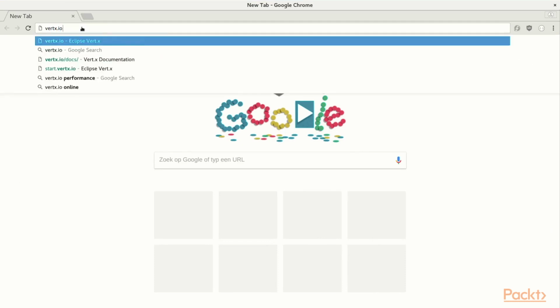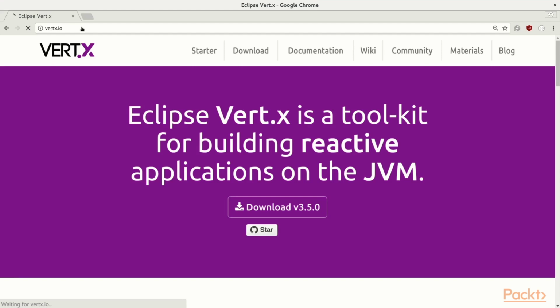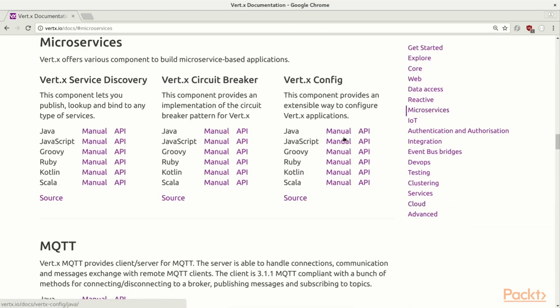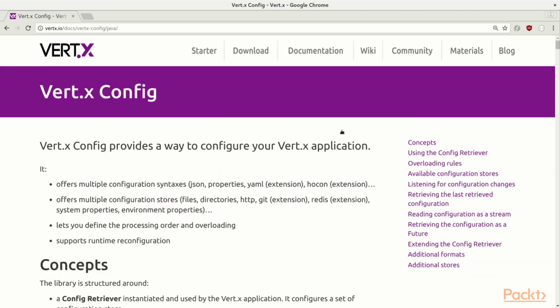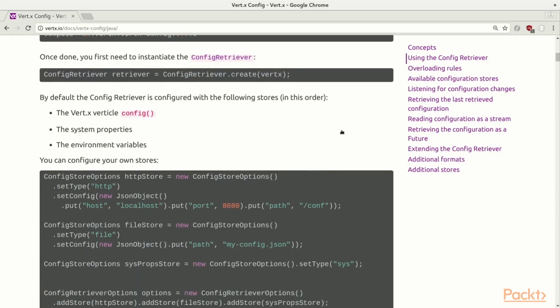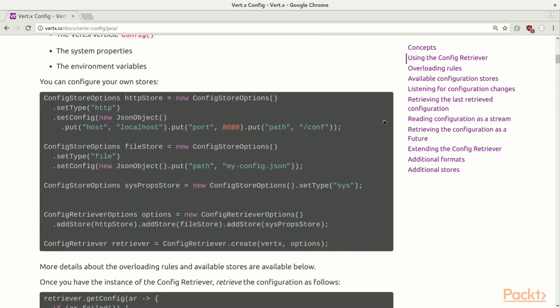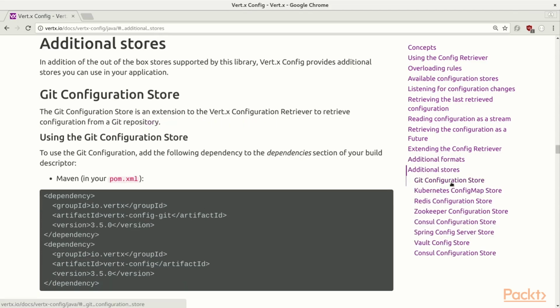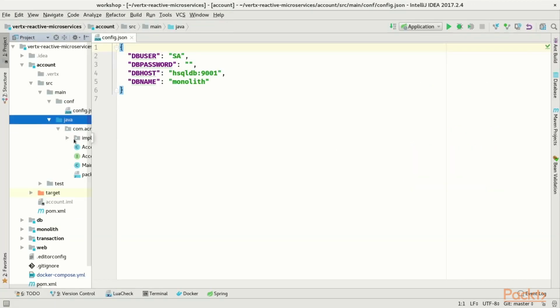So let's look at the Vert.x IO documentation site. Let's look into the microservice section and look at the Vert.x Config manual. As you can see, Vert.x Config gives you a way to load configuration from external formats or external sources. You can use JSON, Hocon, or YAML, or you can use Git, Kubernetes, Redis, Zookeeper, Spring, whatever. Since we are using Docker Compose,